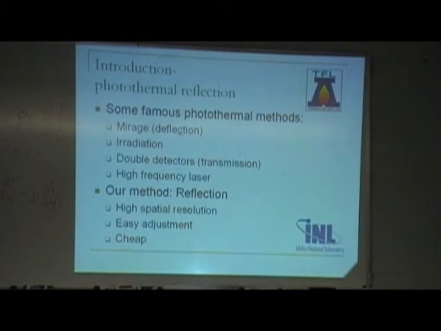There are many photothermal methods, at least some famous ones here. What we want to use is the reflection of the laser, the thermal reflection method. Compared to the other famous methods, our method has the good thing that it gives a high spatial resolution, and it's easy to adjust, and